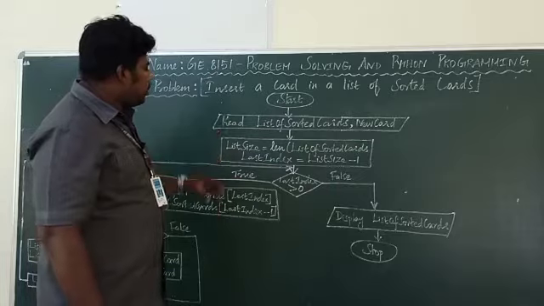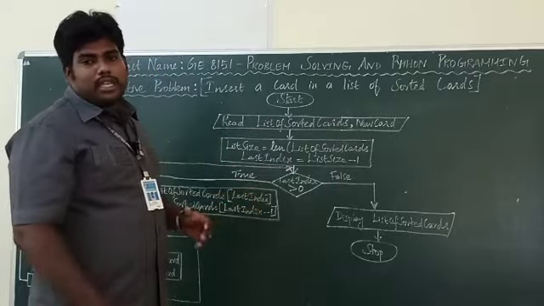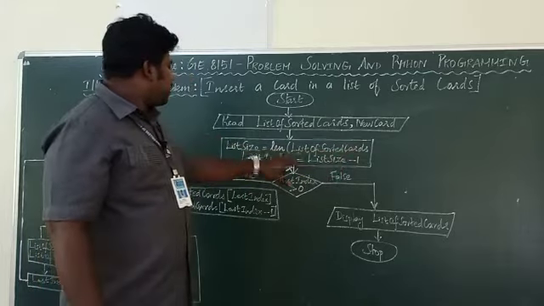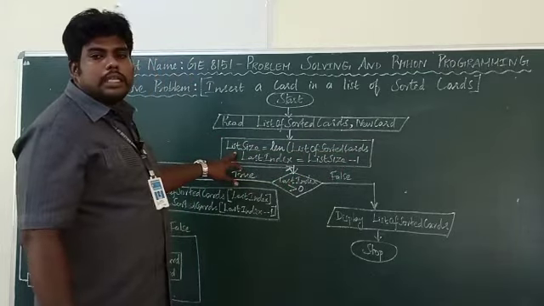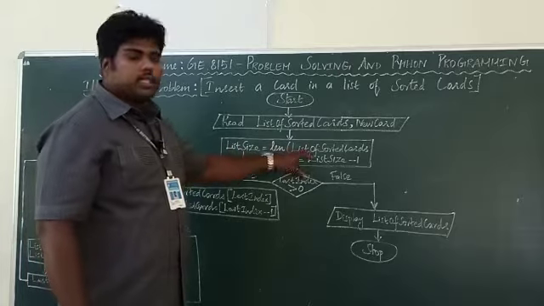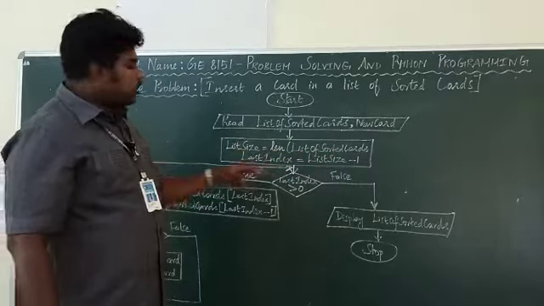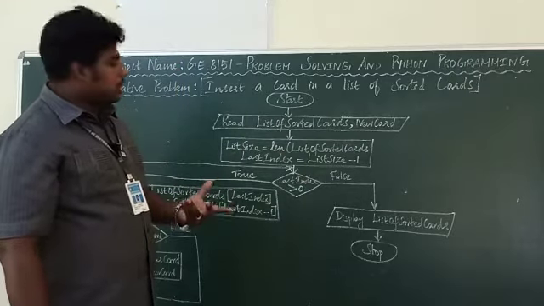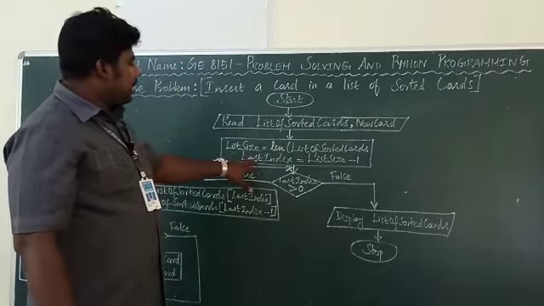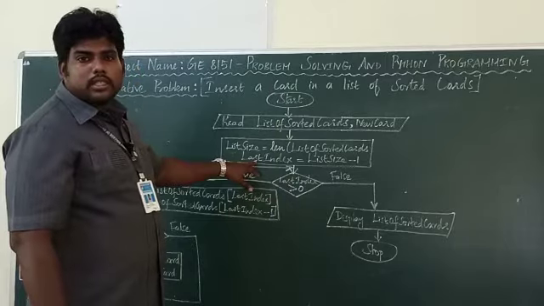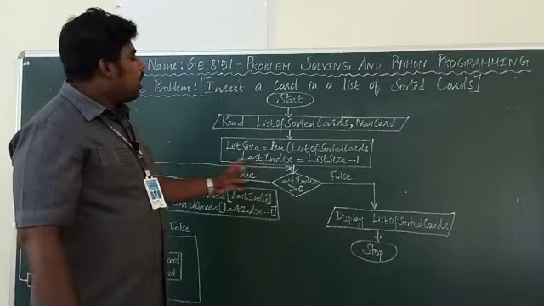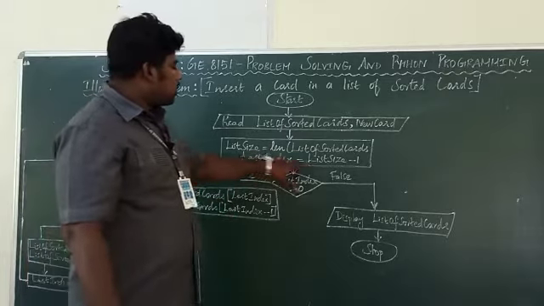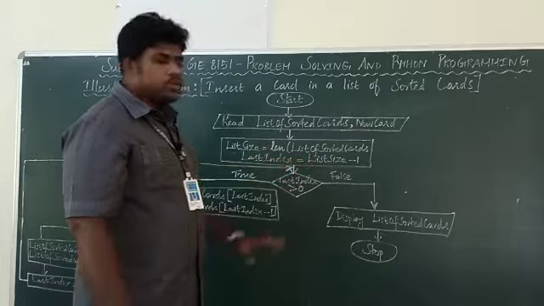Then what's the next step? You have to find the length of the list. So len of the particular list, sorted cards, will be assigned to list size. List size equal to length. You are finding the length of the particular list, so it should be put in the rectangular symbol, that is the process symbol, for computation. Then last index. What is last index? Last index means we are finding the last position of the list. Last index equal to list size minus 1.